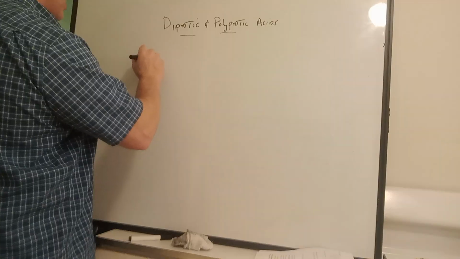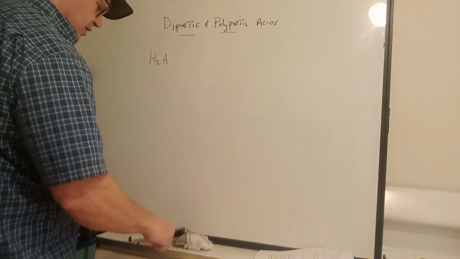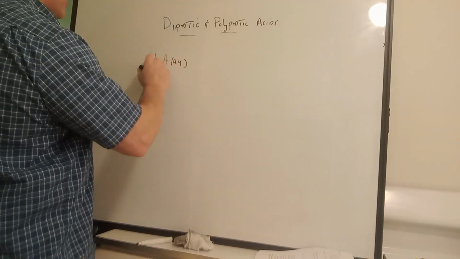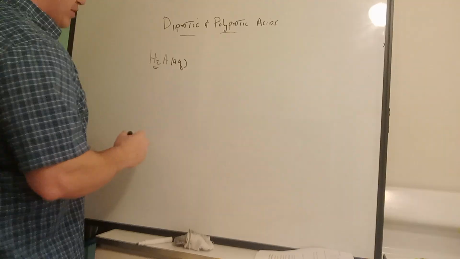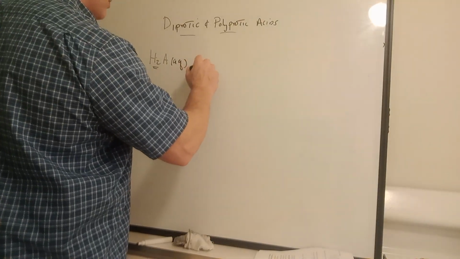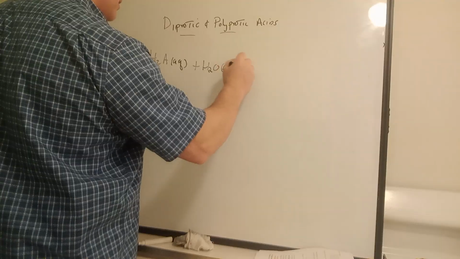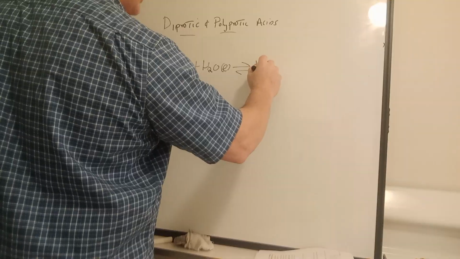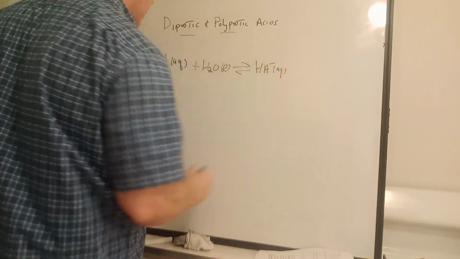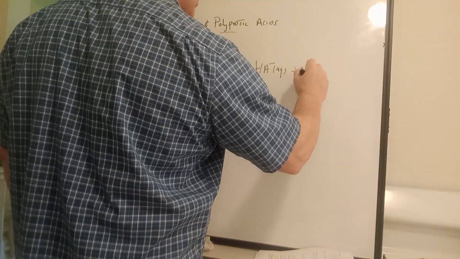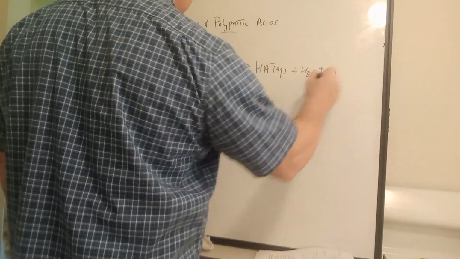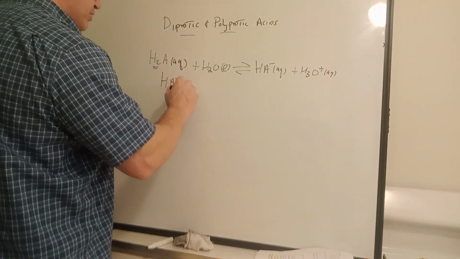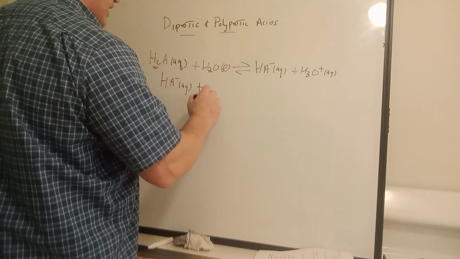Let's take the case of an acid H2A. I'm going to write it in a general form. You can think of it as having two equivalents of protons in there. And so in water, this will give us on the first step HA minus aqueous and H3O plus, step one. And step two, we go on with the HA minus, if you like to write it like that. I'll give you a particular example in a second. And water,